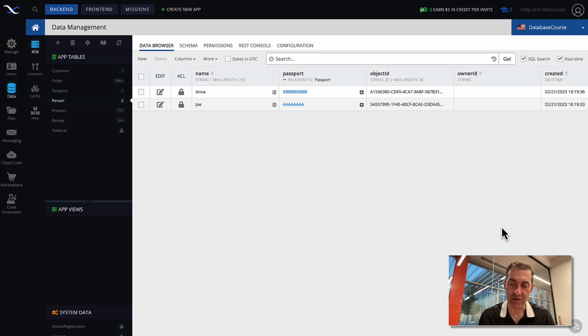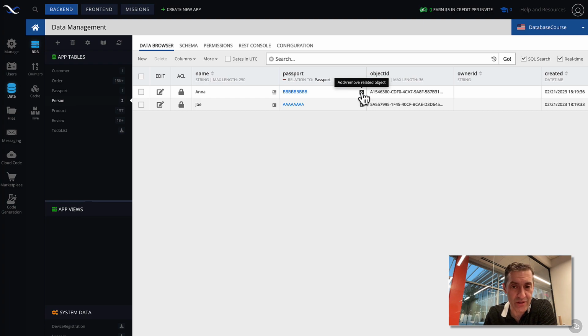So a couple of things that you should keep in mind. With the way the schema is defined right now, nothing stops me by using the console or using the API to assign the same passport that belongs to Joe to Anna. In fact, let me show you how that works. It will look weird because this one passport can be assigned to one person, but let me demonstrate what could happen there.